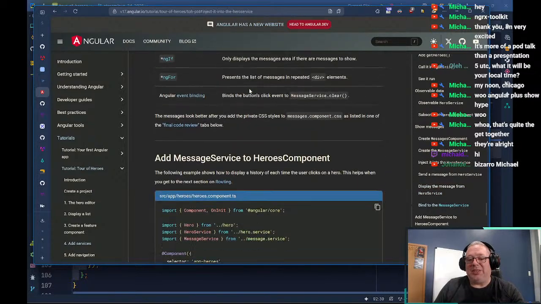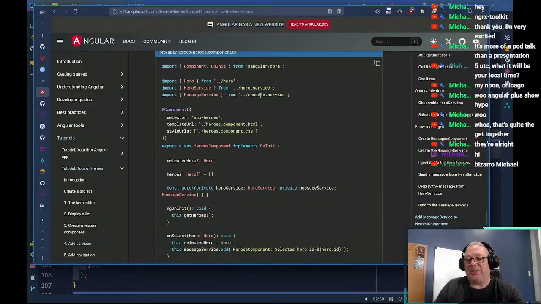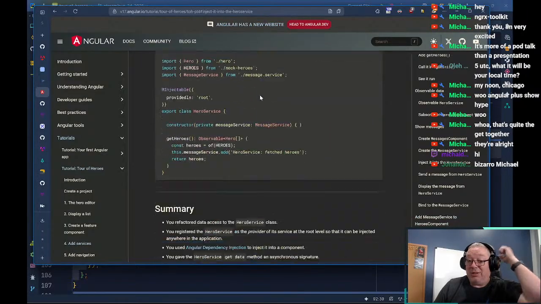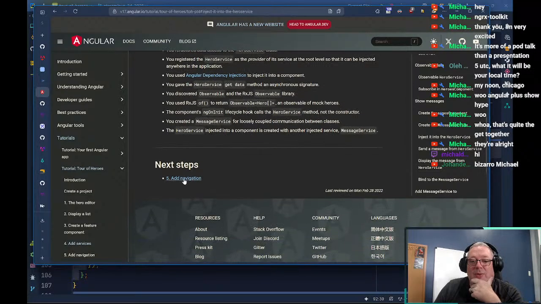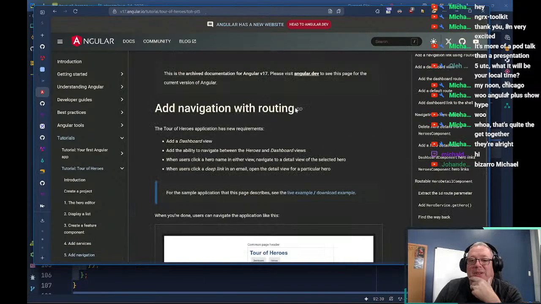So we created the message service. We added the message service to the heroes component. Our final code review, and then it goes through all the stuff that we did to get to this point. So now we're going to get into the router stuff. This will be interesting because